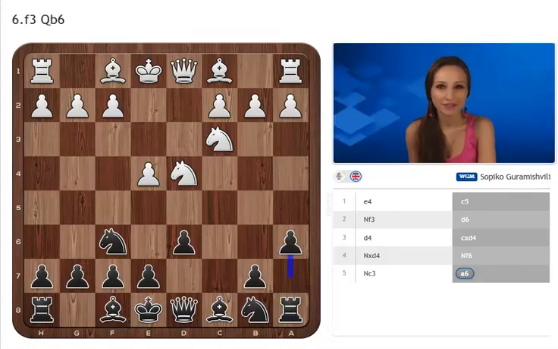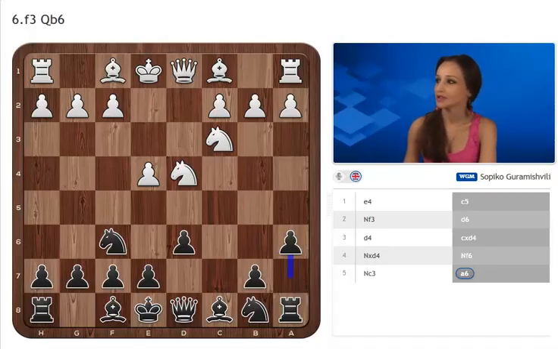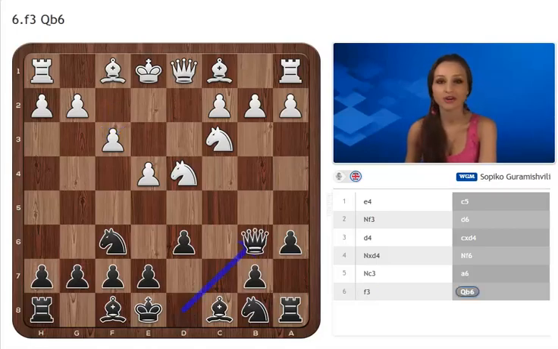Hi guys, we're back to Najdorf and today we're going to be looking at the F3 line, the biggest line, which is called the English Attack. So here we are at the starting position of the Najdorf and White plays f3. Here there is a very interesting move which I want to recommend, which is not a main line, but very interesting,